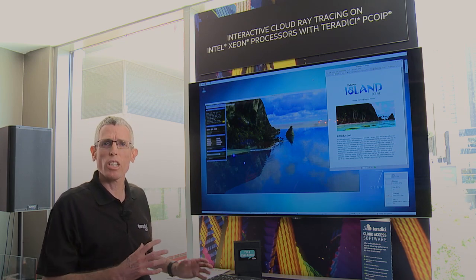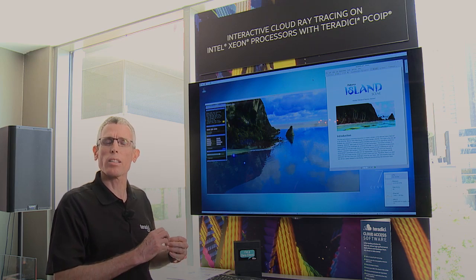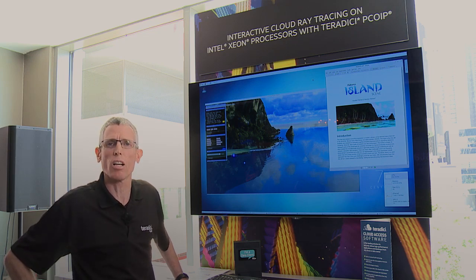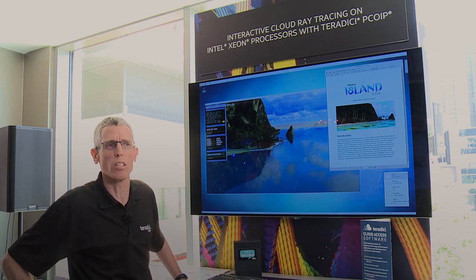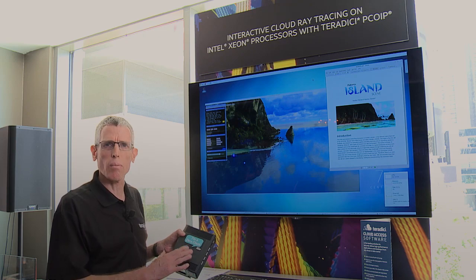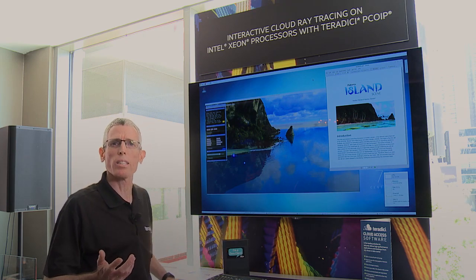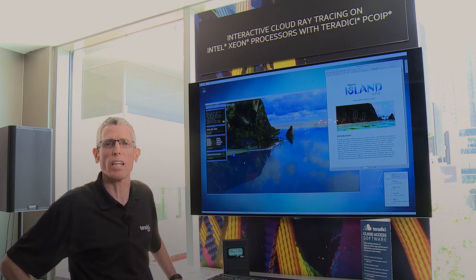And Teradici Cloud Access software is installed as an agent on this cluster, capturing the frames and streaming them over the public internet to here in Los Angeles, where we're displaying this on up to a 4K display resolution using the Teradici PCoIP protocol, which is really well known in the media and entertainment industry. So typically artists would use something like a PCoIP Zero Client device, or they could be using a lightweight endpoint like an Intel NUC device, which is what we're actually demonstrating here today.